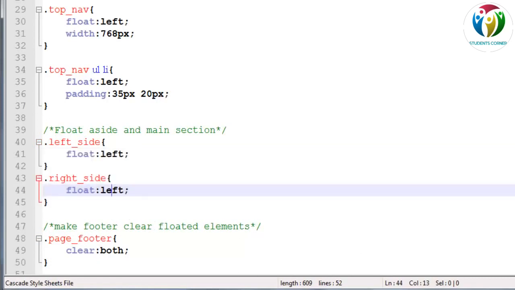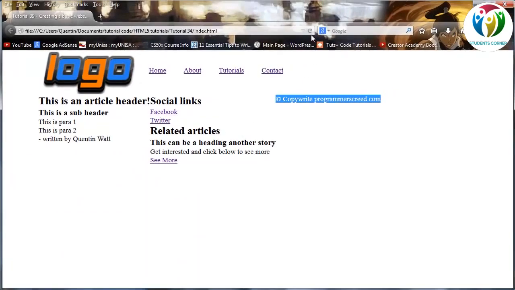So go ahead and save that now and click refresh, and our footer is now back where it should be at the bottom of the page. Okay,